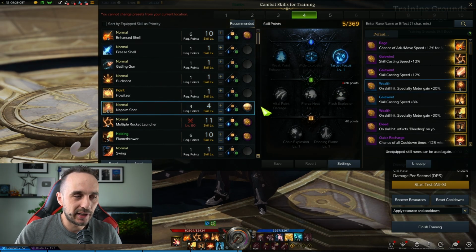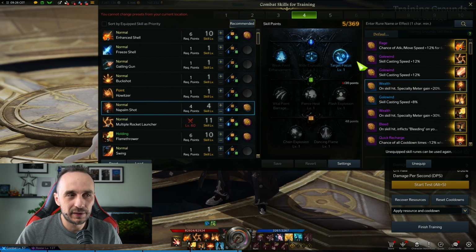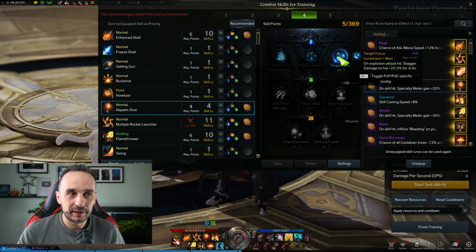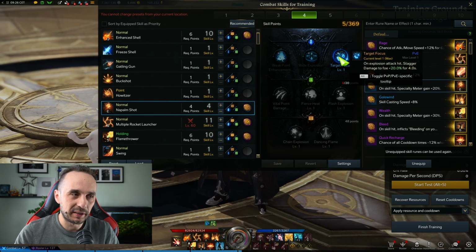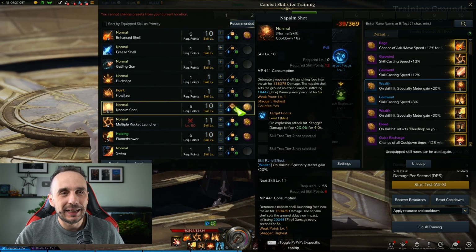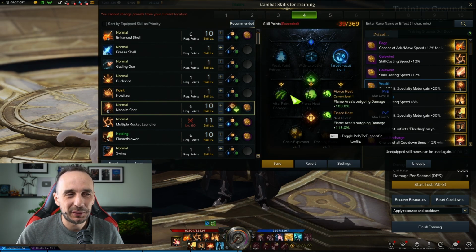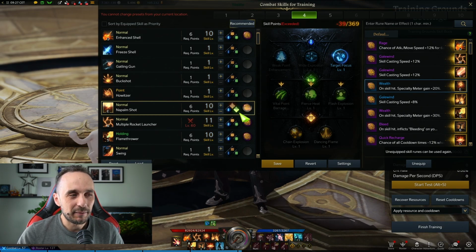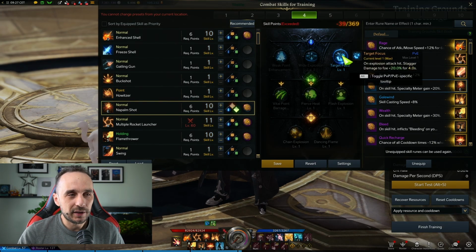Napalm shot is the second skill I use, tiered up to the first tripod here for the class synergy, which is the stagger damage increased by 20% for all of the party members. Now, napalm shot is a skill that I really wanna love, but at the same time it's pretty hard to love it because of the tripods. They're a little bit weird, and also the execution of it. In some cases it's weird. Now, I use it just as a